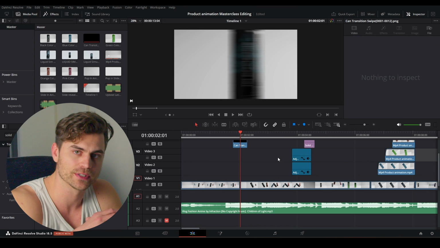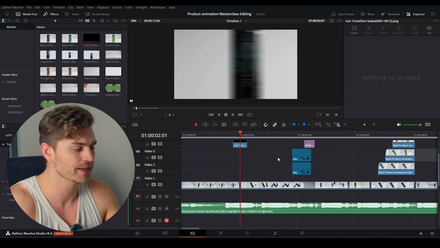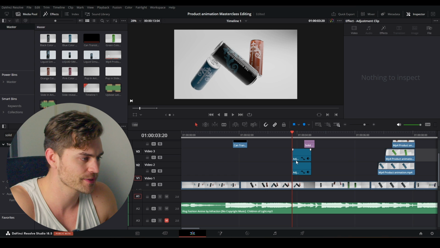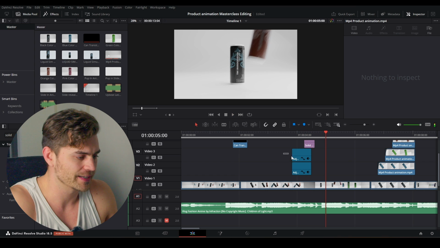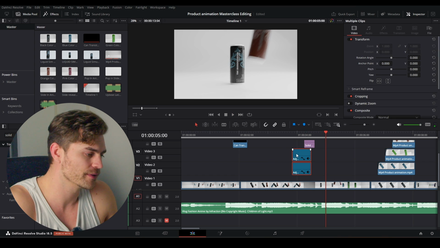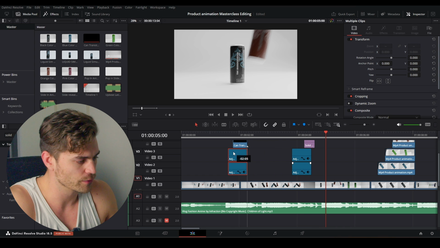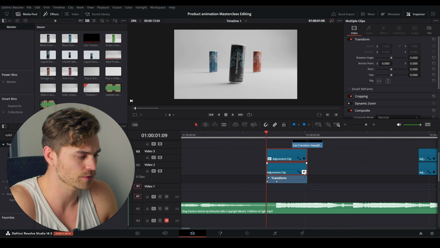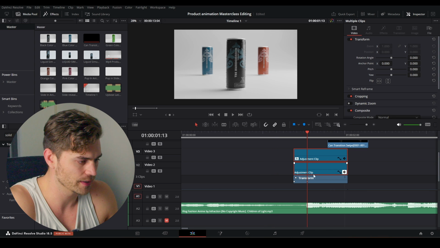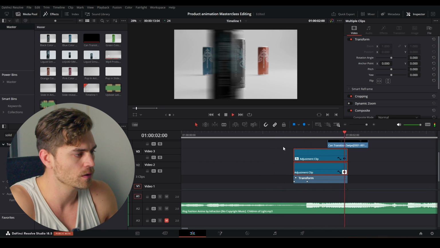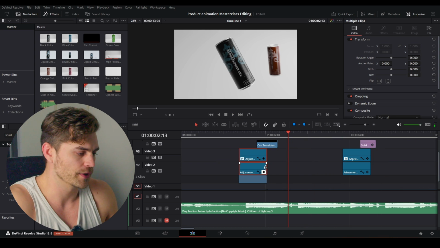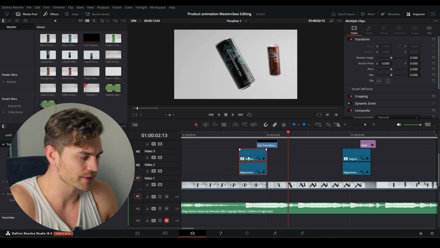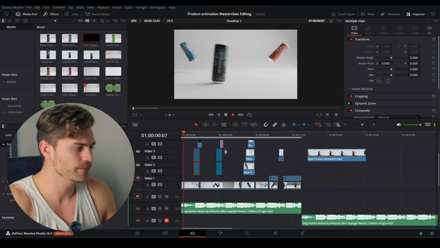So before we head on over in the color grading tab, I noticed that I made a mistake. Namely that I took my adjustment clips, but I didn't actually copy them. So I'm going to select both of them, hold Alt and bring them over to this side and make sure that they are once again aligned to this beat drop. And that's right over here. So cool. So yeah, that's the way you can copy things. You just hold Alt and drag it and then you have your extra clips. So this is what we've got thus far.